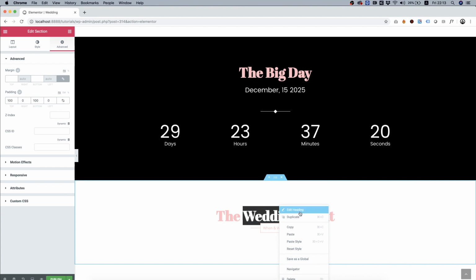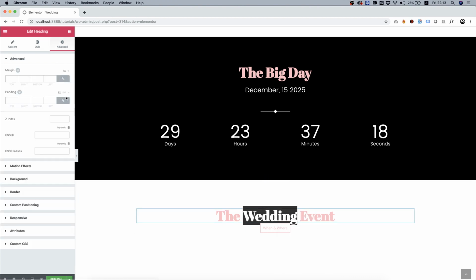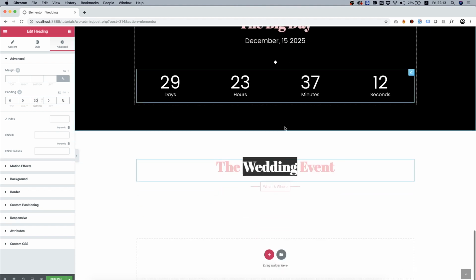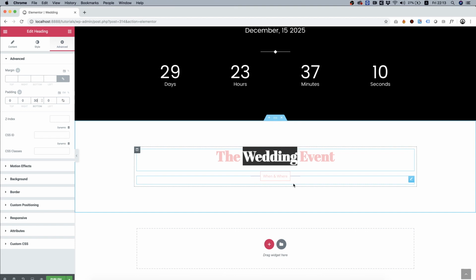Next thing, edit section, advanced, add some padding on top and on the bottom. We can space this a little bit by adding some padding bottom, 30 pixels. Perfect. Cool. Next part,